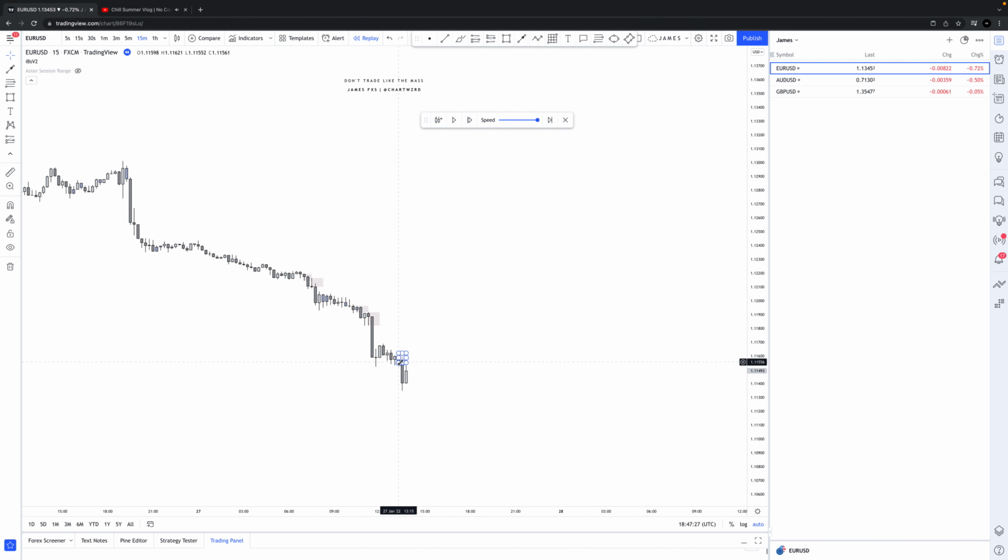Price comes back in to mitigate. Let's see what happens. I haven't actually been through this price action in about two to three weeks, so I'm not sure what happens. Okay, but I would be looking for sells here, and if I get taken out, or if